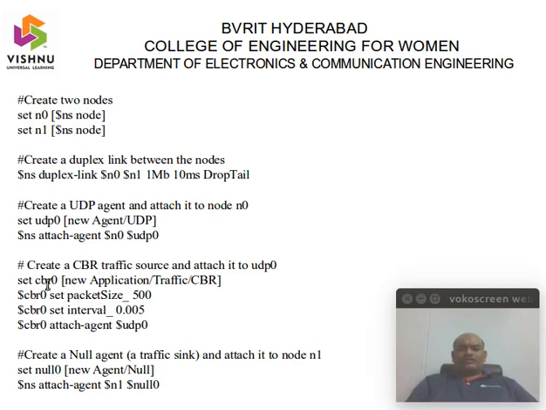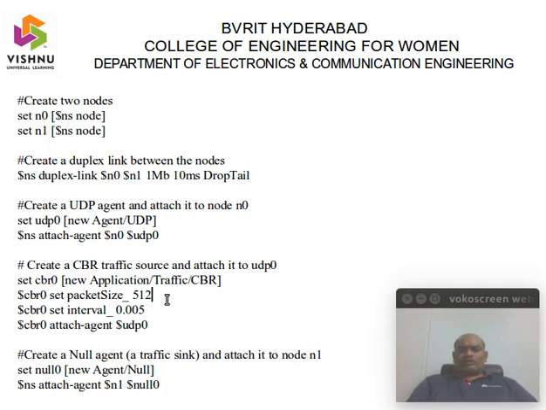For putting traffic on the source node, I will be using CBR0. CBR stands for constant bit rate. This is used for generating the traffic. Generally, if you see in an operating system, each page consists of 512 KB. So here I am setting my packet size equal to 512.